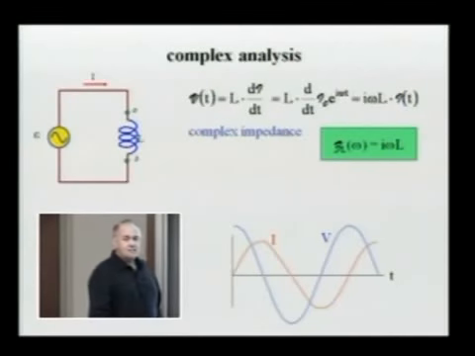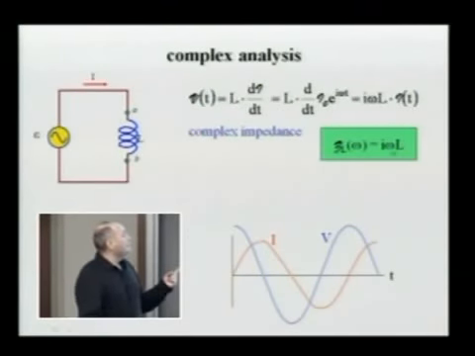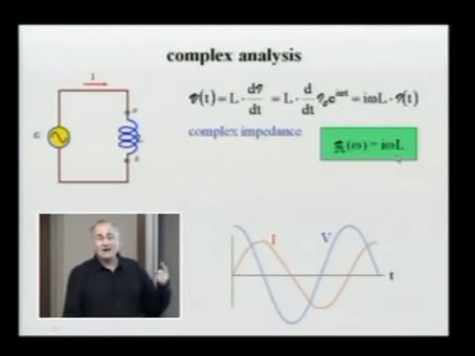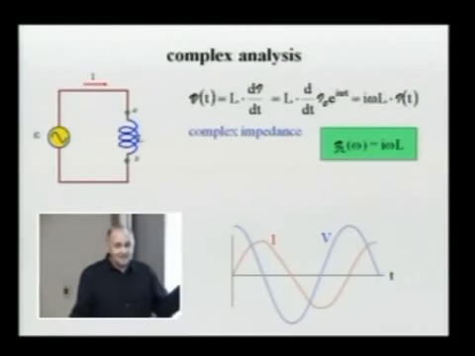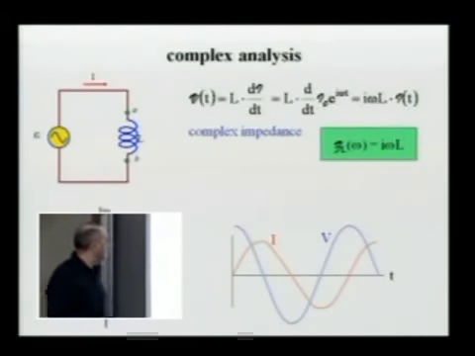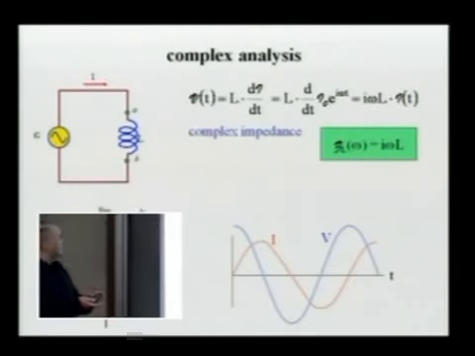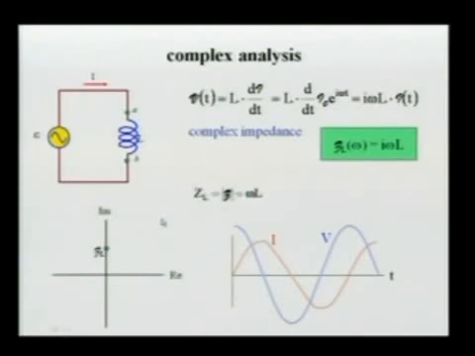What's absolute value of i? 1. All right. Now, omega is a positive number, absolute value and real. So absolute value of omega is omega. Absolute value of L is L. And impedance is indeed angular frequency times